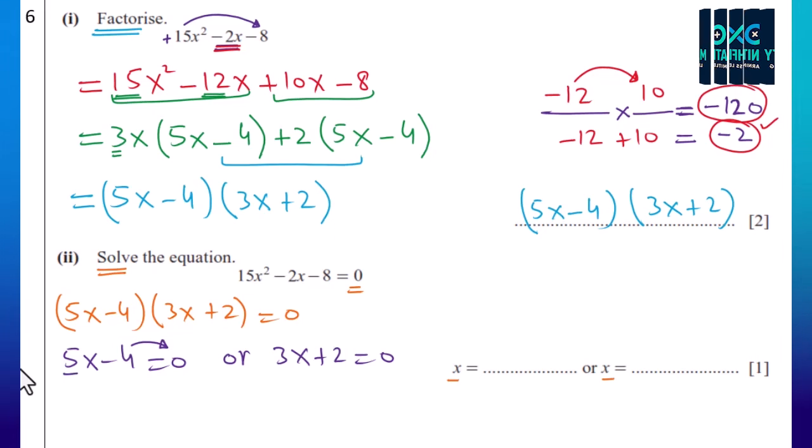And this 5 is multiplying with x. So when you shift to the other side, you have to divide. So directly we can write x is equal to 4 over 5. This is one answer,